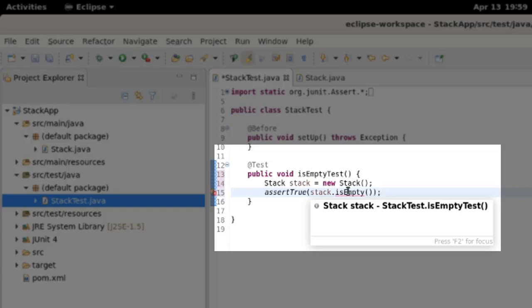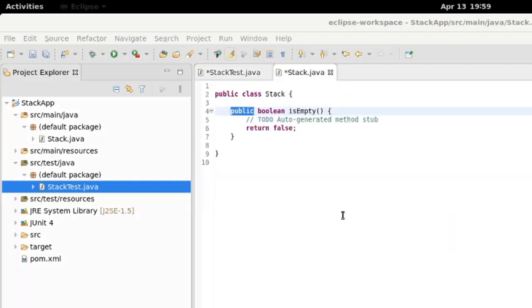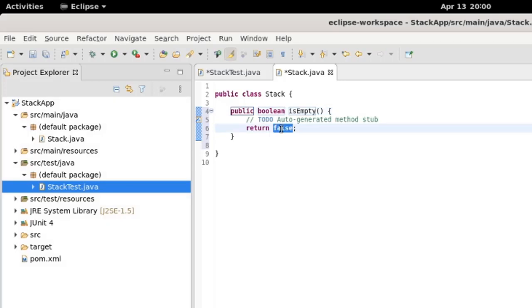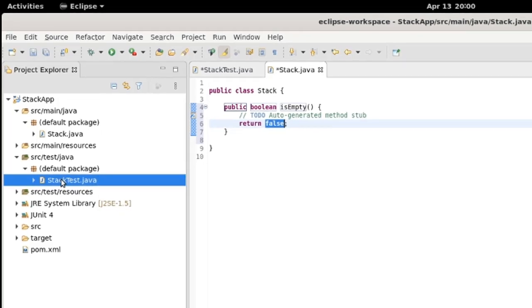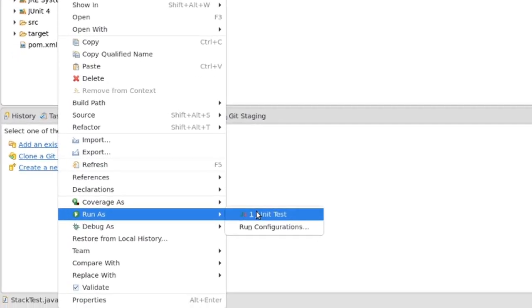So again, we're going to use the code generation tools to go ahead and create a method in the stack class called isEmpty. And again, the code generation tools have automatically created a method called isEmpty that returns false by default. In order for our test to pass, we have to return true. But before we do that, let's go ahead and run our test and see it fail. So I'm going to run as a JUnit test,